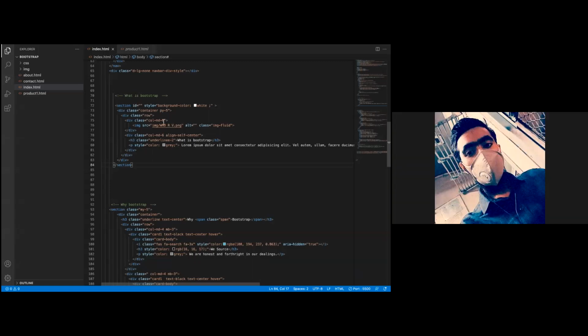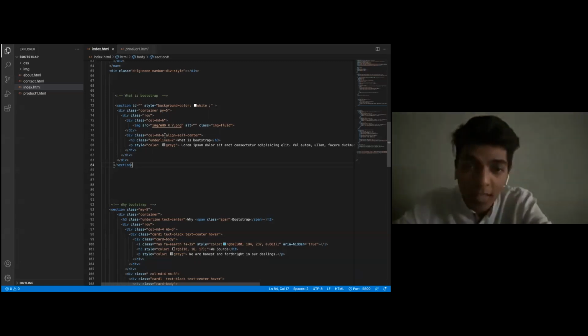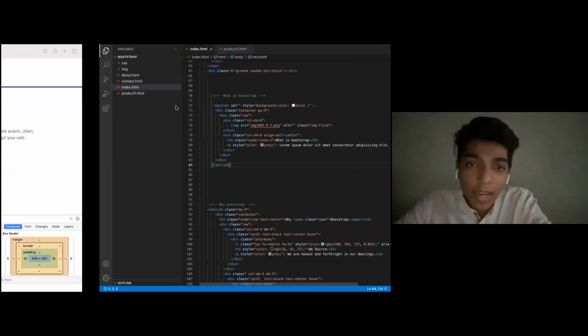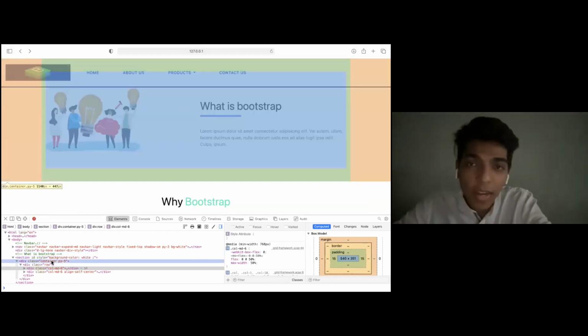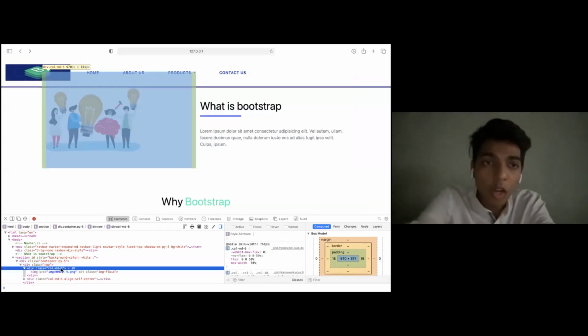So here, as I told you, the column has 12 parts. The column is divided by Bootstrap into 12 different parts on the desktop. If I write 6 here and 6 here, then I can see that the image has been divided in a very exact manner. And I can see that, see, here the column MD6 is this column MD6.